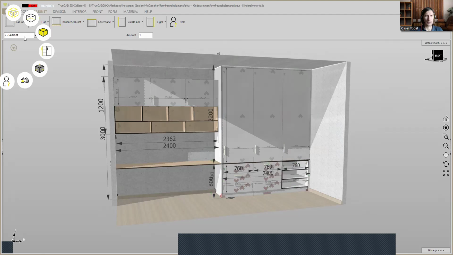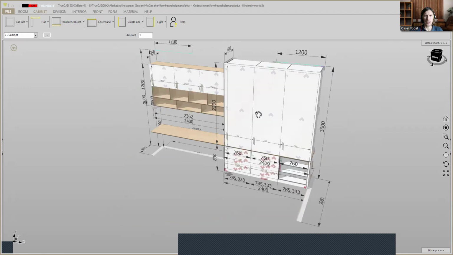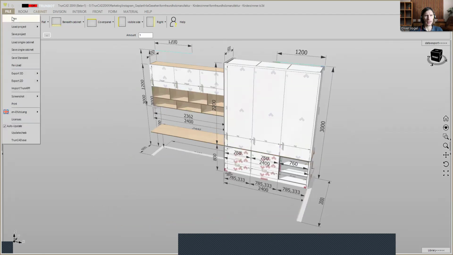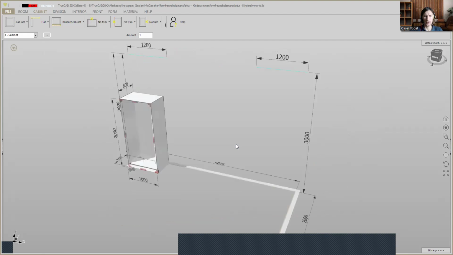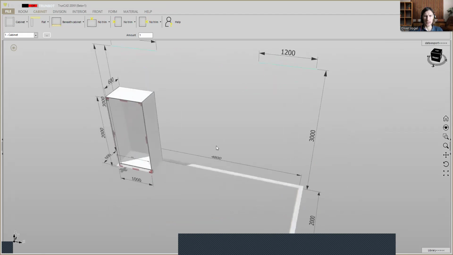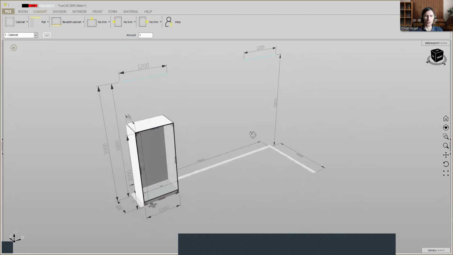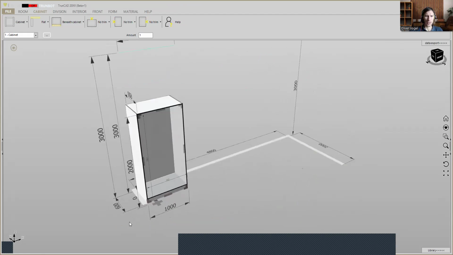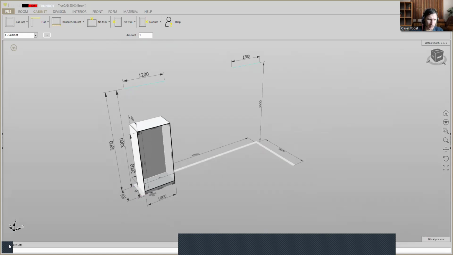clicks and we turn off the room. And we click on File and start a new project. First of all, in this case, I already prepared the room, but if you want to change the dimension of the room, you can click on the dimension and then here in the bottom left corner, you see